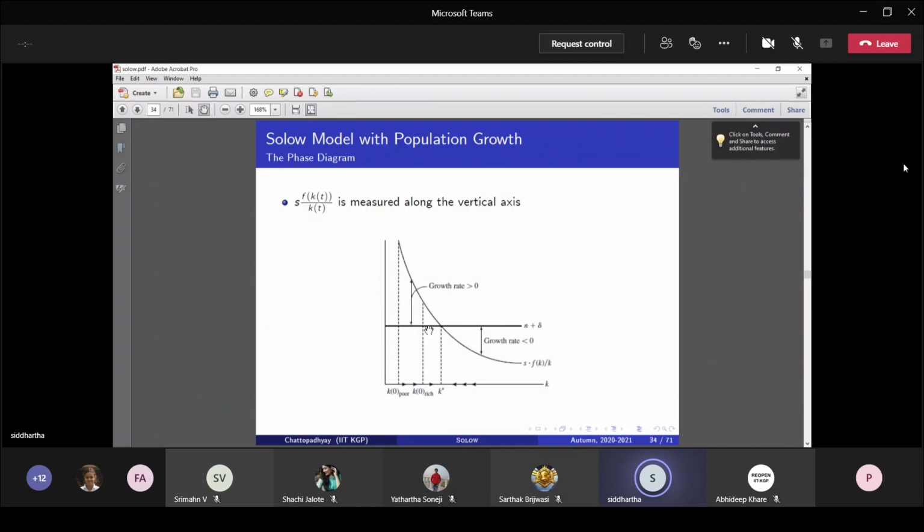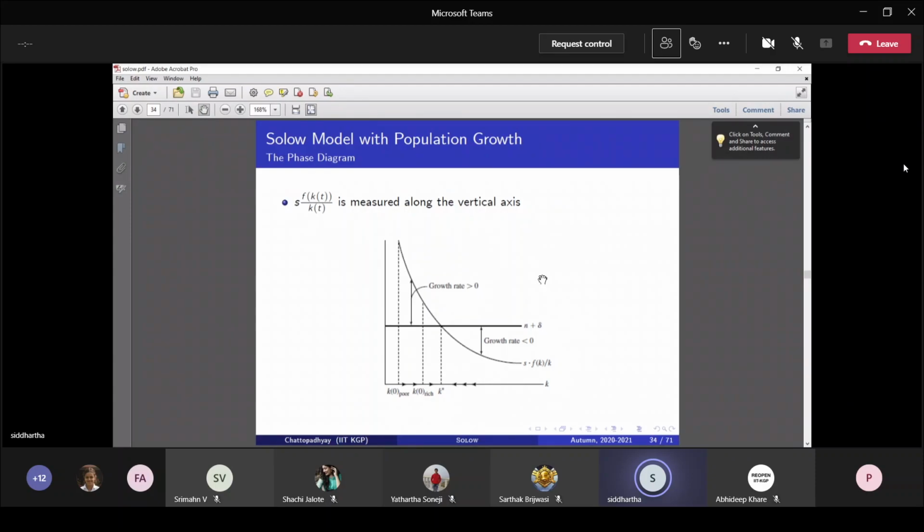And if so, we see that when you compare a poor country and a rich country, the rate of growth of the poor country in the short run has to be higher than the rate of growth of the rich country in the short run. And as a result, if you compare the growth rate of any poor country and rich country, India has a higher growth rate than USA, because India is a poorer country than USA. Its per capita marginal productivity of per capita capital stock is higher.